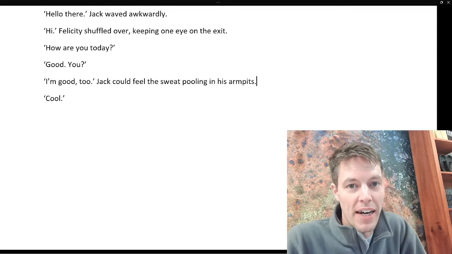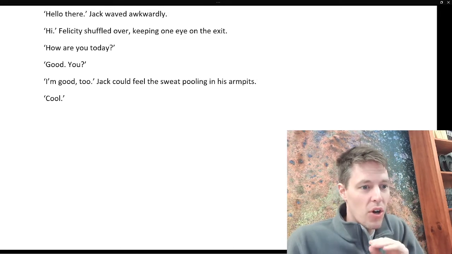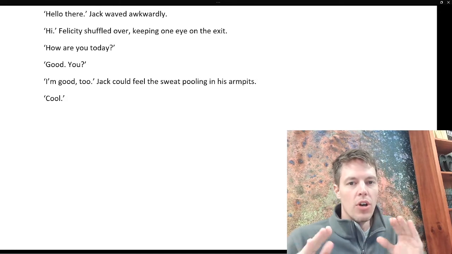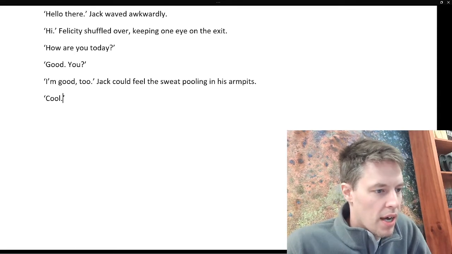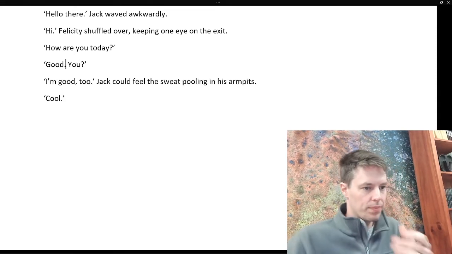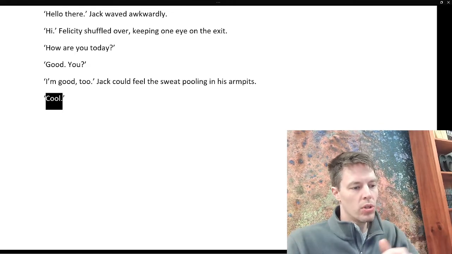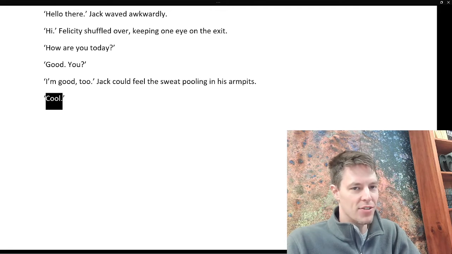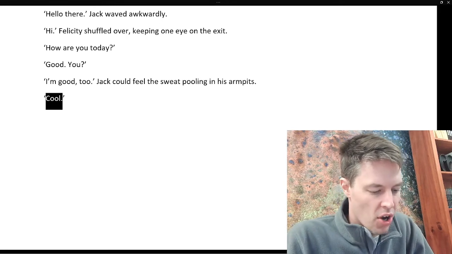It's also worth noting that an argument is more interesting than a conversation. So even though something uncomfortable is going on with these characters, we could turn it into more of an argument. In this case, when Felicity says cool, we could make it clear that she's actually unhappy about the fact that Jack is good, quote unquote good, like he doesn't deserve to be, he's done something wrong. So it could be like,